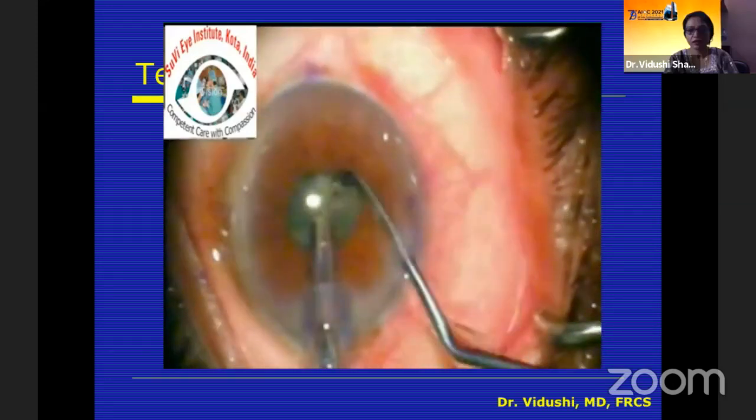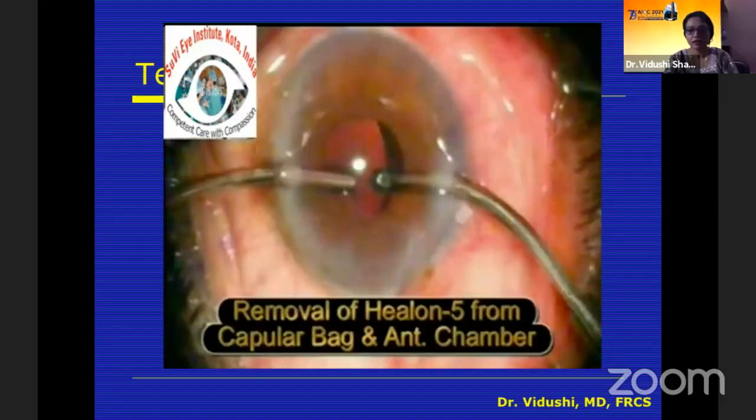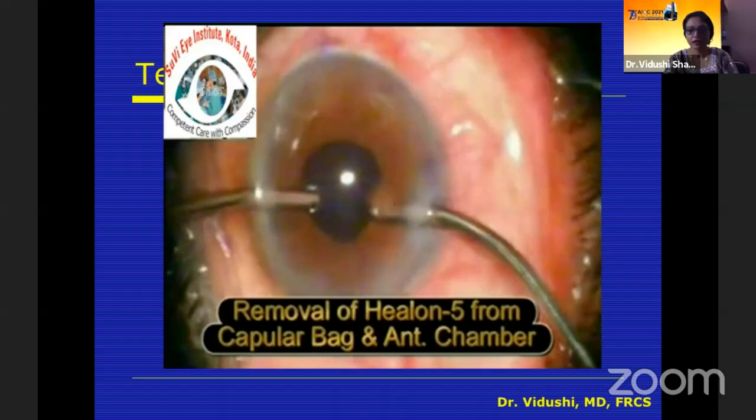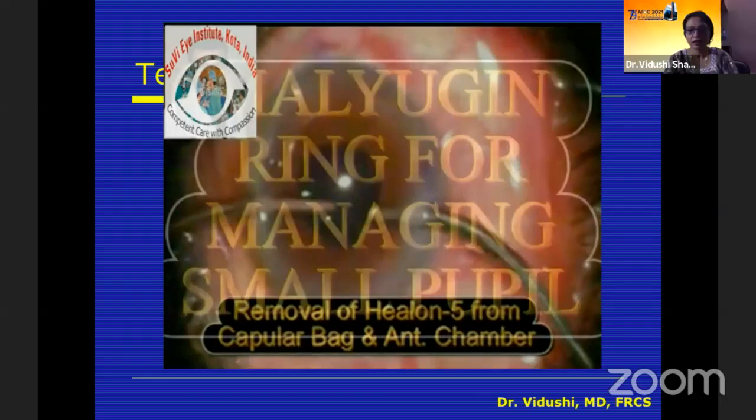But whenever the pupil comes down, we should re-inject, and then most important, at the end of the surgery, we should remove all that Healon 5, especially from under the IOL, because we have used such a super cohesive viscoelastic. Then the pupillary expansion rings, popular in India because of the Make in India thing. But the Malyugin ring is something that has been around for a long time. It comes now, and it comes with its own injector.